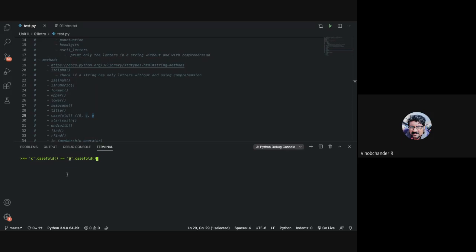I just looked it up on the internet. So the sigma character in lowercase has got two similar variations. Both refer to the same sigma character in lowercase. This character and this character. Hence, it is more aggressive and case fold says true. Getting it? So this one thing I just searched so that I can show you the exact kind of difference when you do this and when you do this.